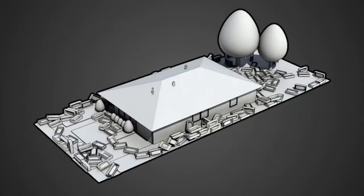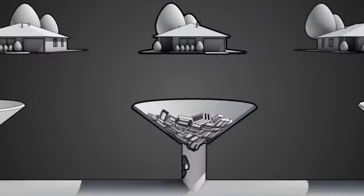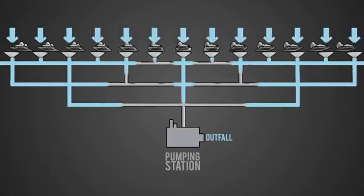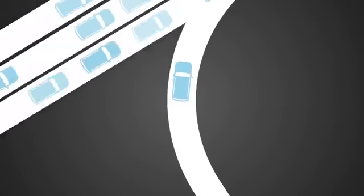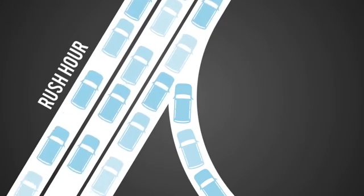Unfortunately, our pipes and pumps can only handle so much at any given time, so when everyone forces their water into the drain at once, flooding will occur. Now try and think of our pipes as a roadway network, and it's rush hour. There's simply too much too quickly, resulting in a water traffic jam, and this causes a lot of problems for